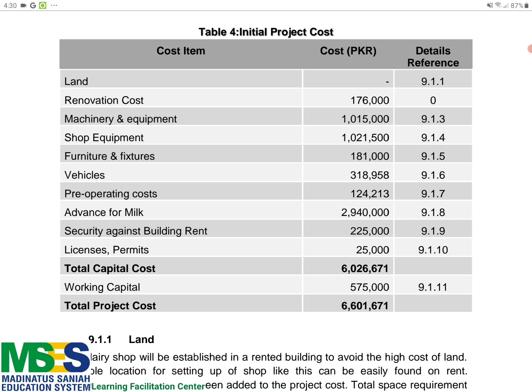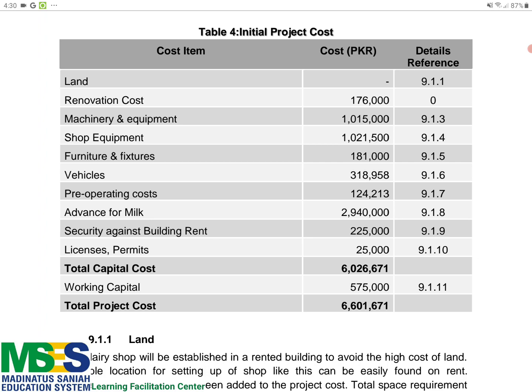So if you have opened a farm, they would come to your farm, give you cash, and send their own vehicle. They will collect the milk themselves. But if you don't give them the right milk in the right quantity, then they'll come back to you. Not with police. No, they are not registered, so they don't go to the police. They have their own people who would pressurize you. Okay.